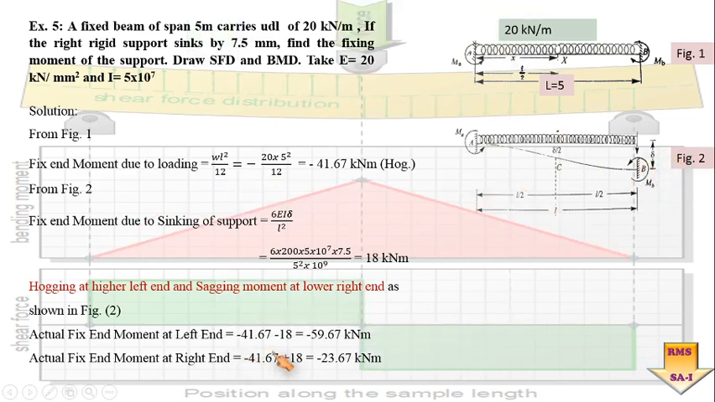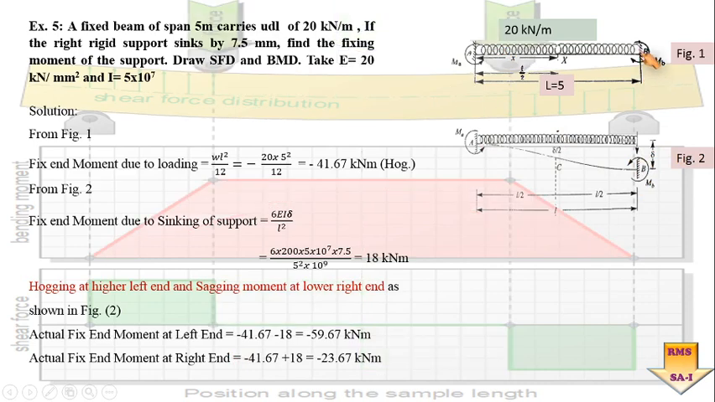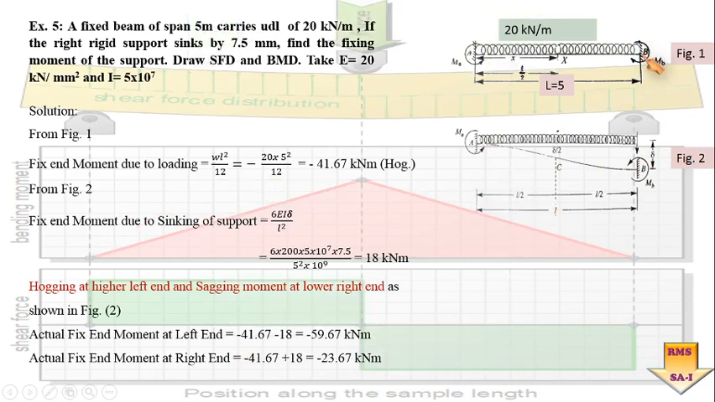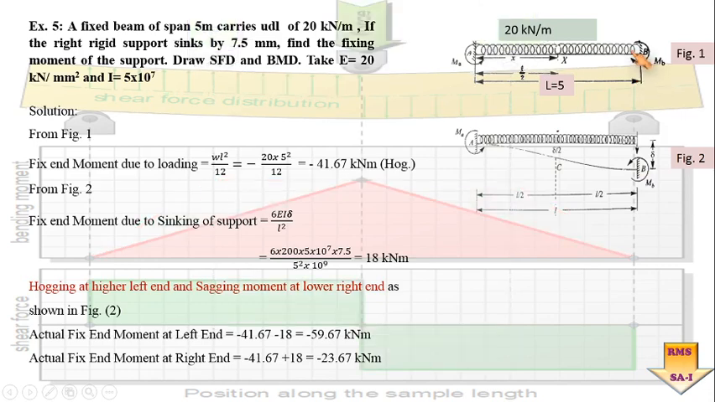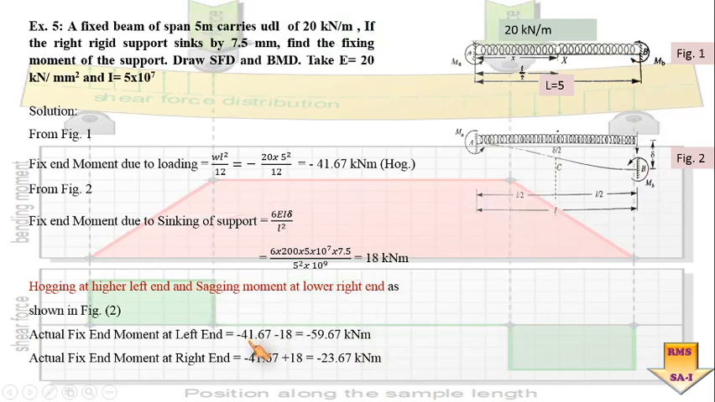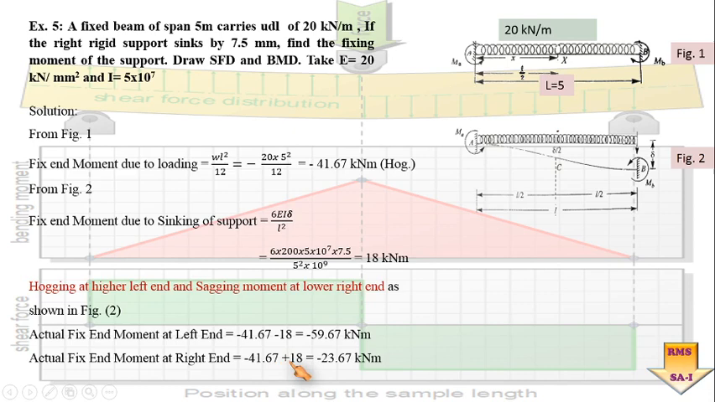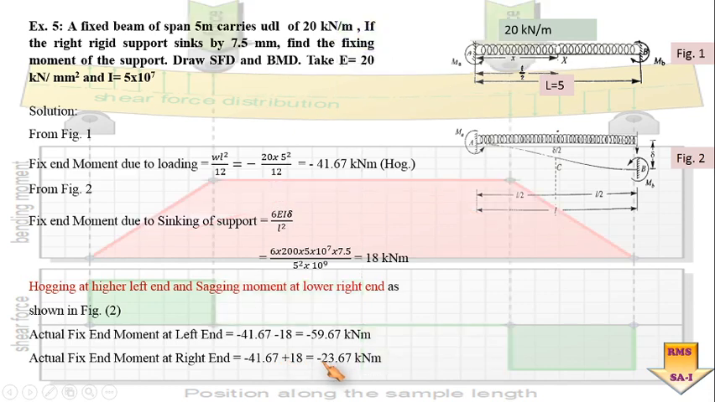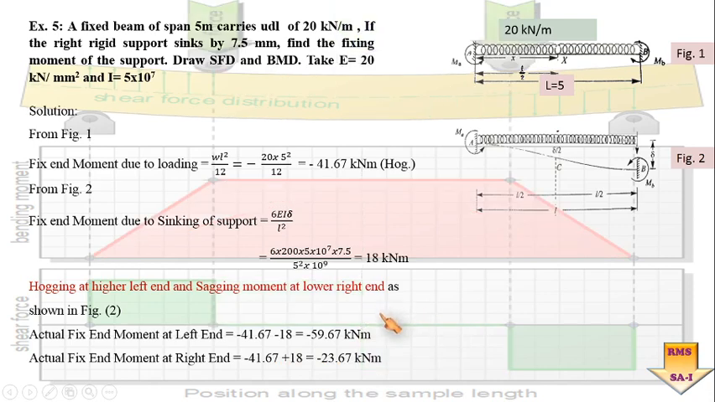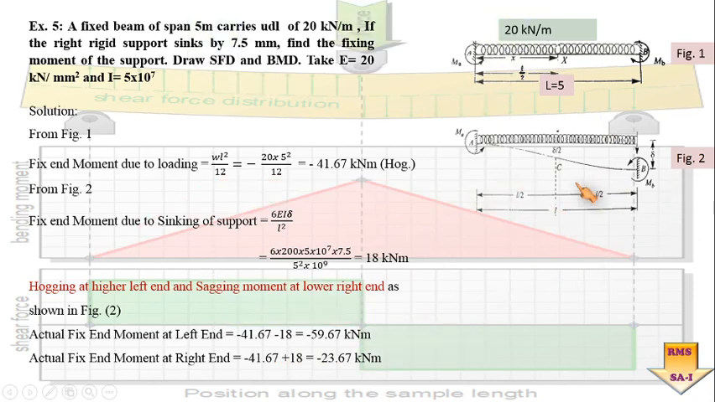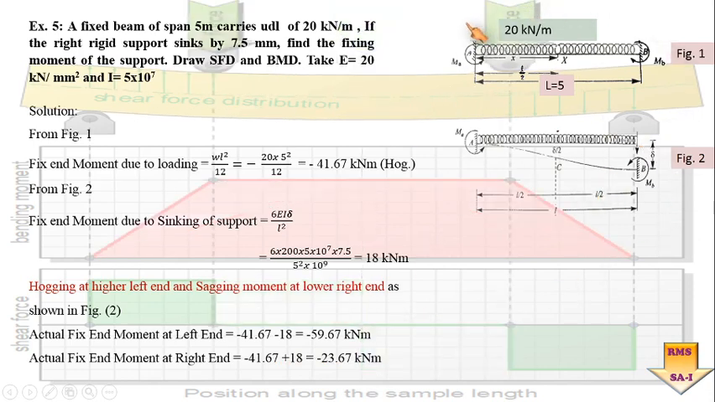So here you can see on this point this is clockwise and anti-clockwise, so sagging and hogging. Here you can see minus 41.67 plus 18 is equal to minus 23.67. So this is how we have to work out the total combined effect of sinking plus the effect due to